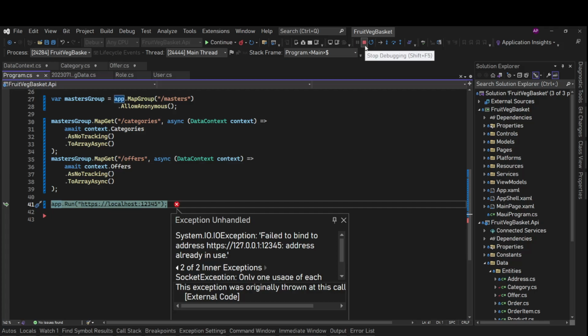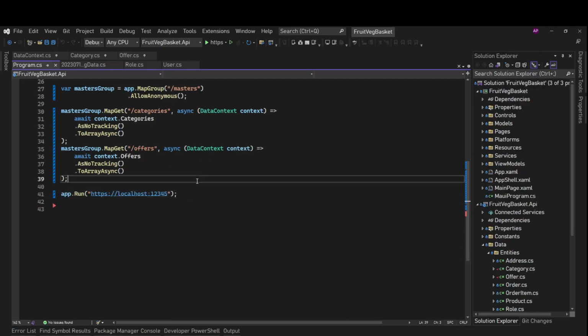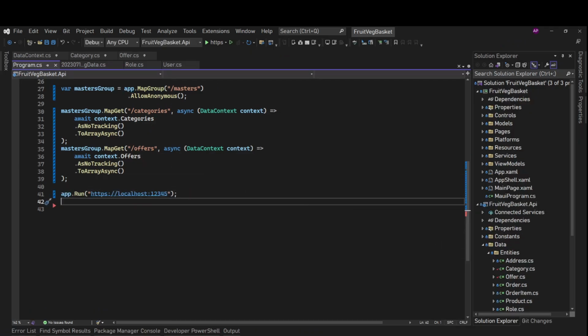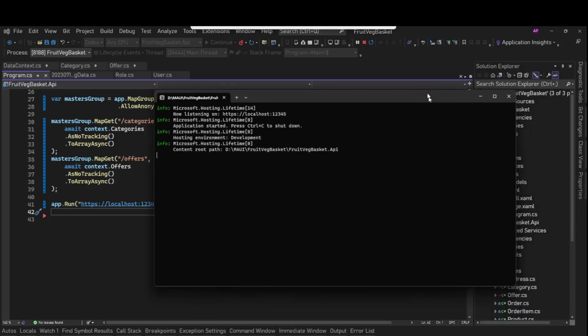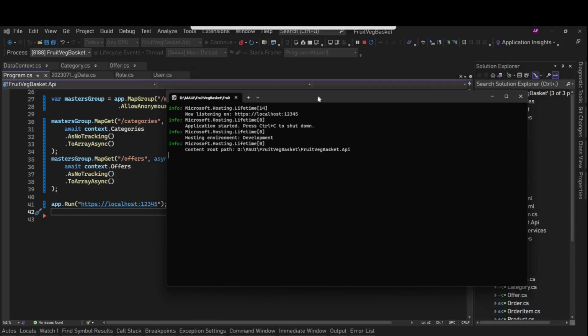Maybe because of that HTTP client factory thing I used the same port. Okay, let me stop that API. Fine, let's run it now. And it is running on 1 2 3 4 5.